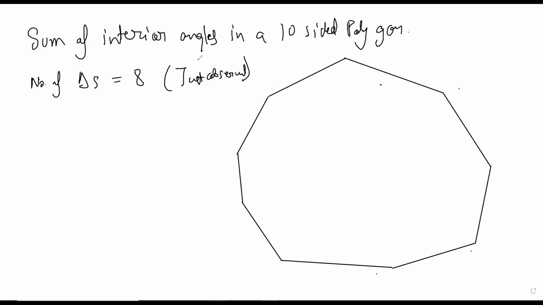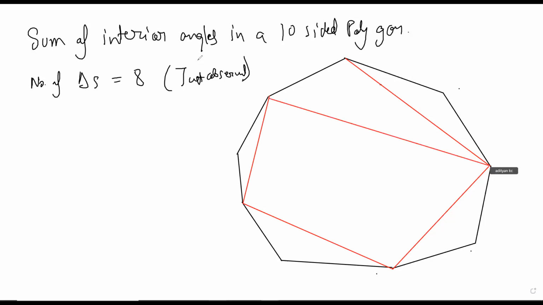So 1, 2, 3, 4. No. Let's see. Yeah, it's okay. It's going good. Let's see. Like this. 1, 2, 3, 4, 5, 6, 7, and then